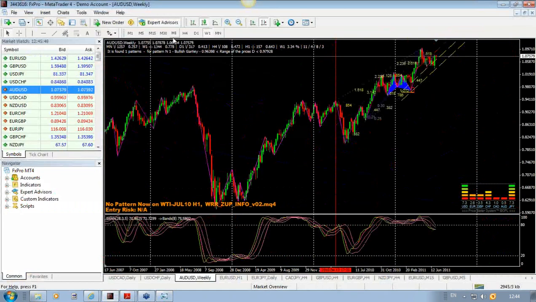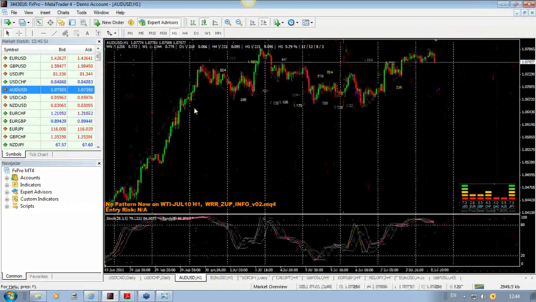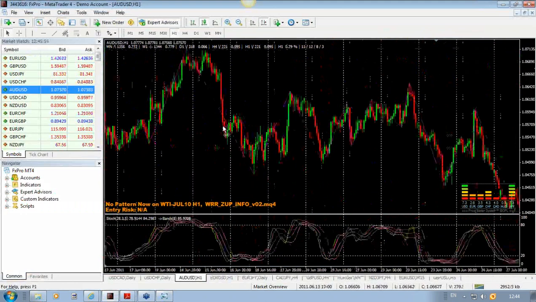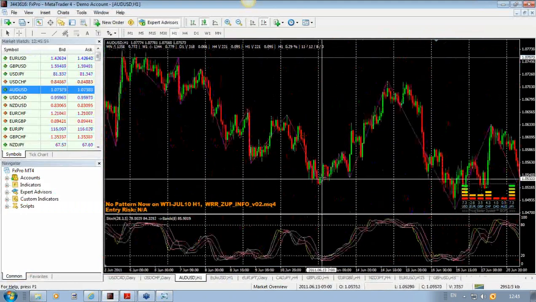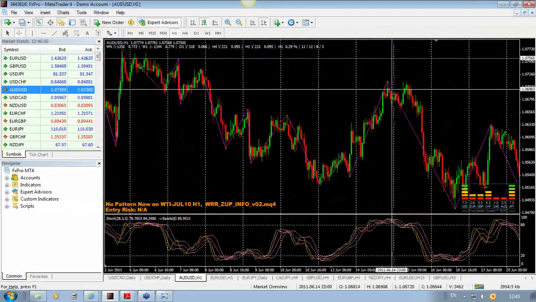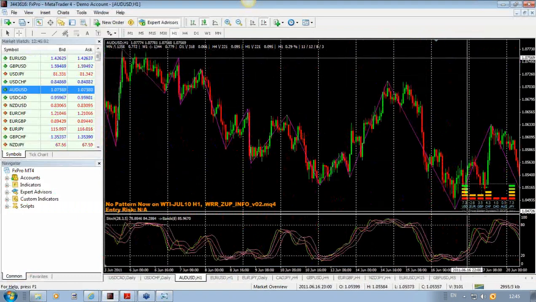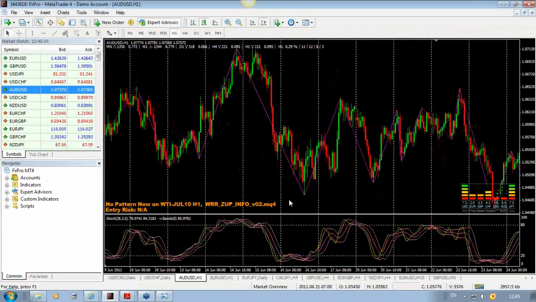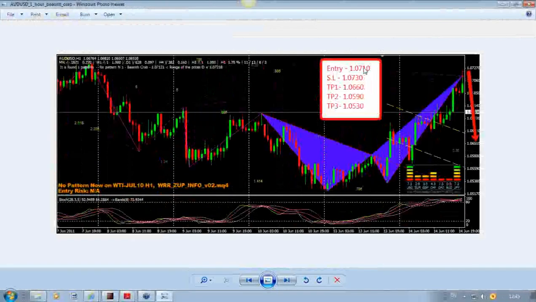Aussie dollar 1 hour chart. It was here. That was the crab, and then bam, all the way down, right? All the way down. No, it was 50 pips, not 500, 50 pips. Okay. Now about the crab,